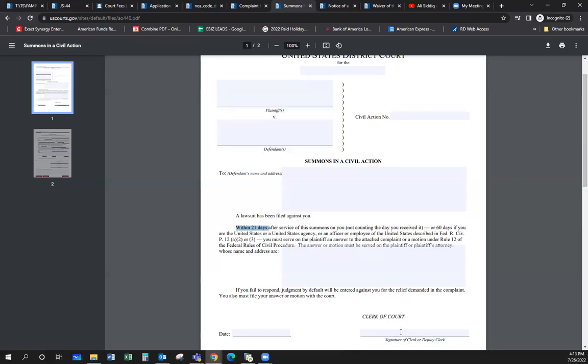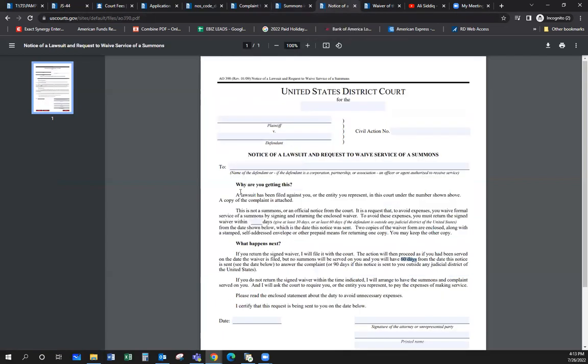All right. Now you could do something called, let's say that you do not want to serve the defendant, right? So depending on your jurisdiction, they might make you hire a process server. They might make you get a sheriff or the marshals, someone to serve the summons and complaint, right? So let's say that you do not want to do that. You could do what's called a waiver of service. Okay, so a waiver of service is this document here,